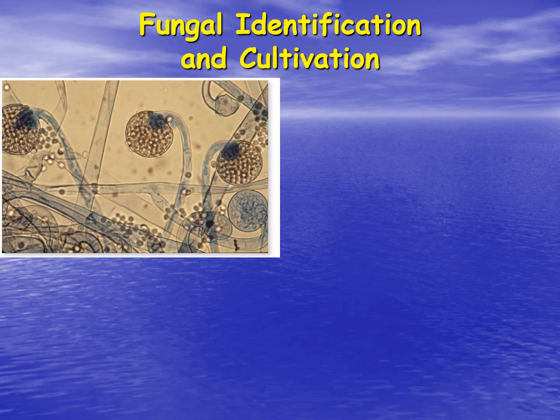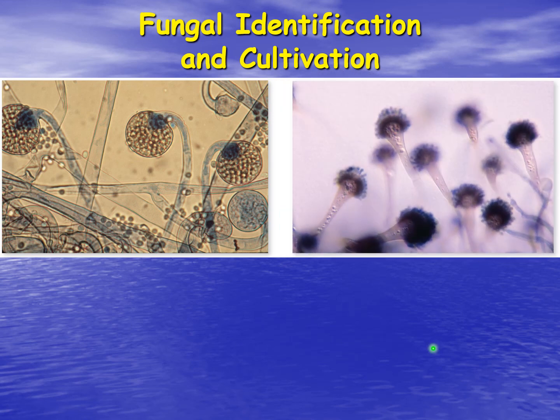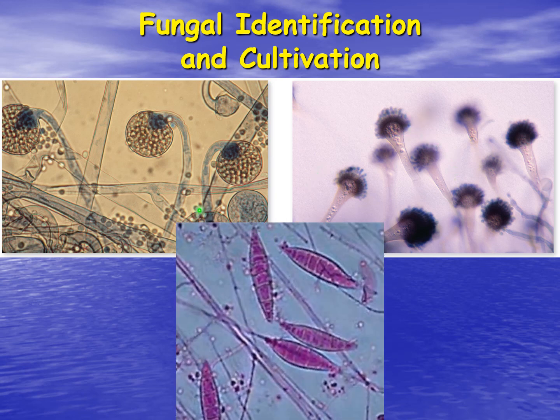So what is this? Well, we see all the spores contained within the sac-like structure. I call these the lollipops. So these are sporangiospores. Versus this, that again kind of looks like the dandelion head up there. So this is a conidiospore. And here are the macroconidiospore and the microconidiospores.